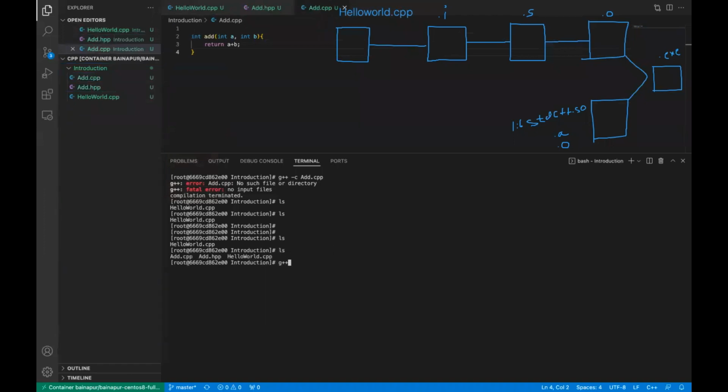Okay. g++ -c add.cpp. Now you can see I have created an add.o object file. It is this object file I'm talking about. Now, once I created this object file,